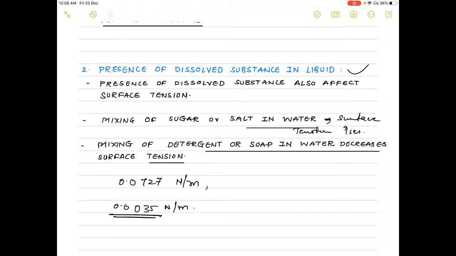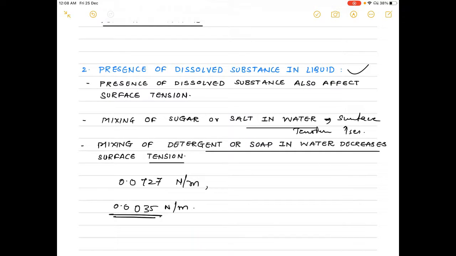Now there is an effect of temperature as well on the surface tension of liquid. It has a different effect on different types of liquids. The liquids are categorized into two types, that is associated and unassociated liquids. So again, different liquids will have a different effect of temperature on their surface tension. Certain liquids will have a tendency to increase their surface tension, while certain will have a tendency to decrease their surface tension with the temperature.